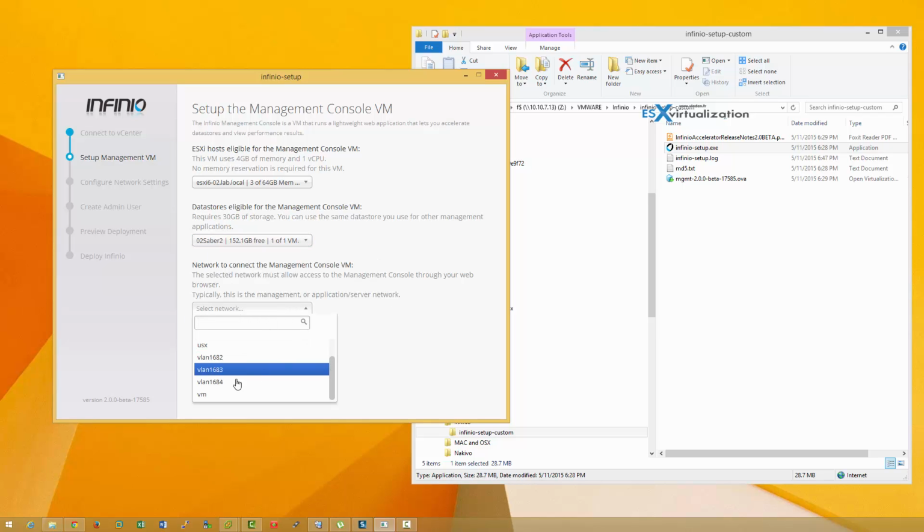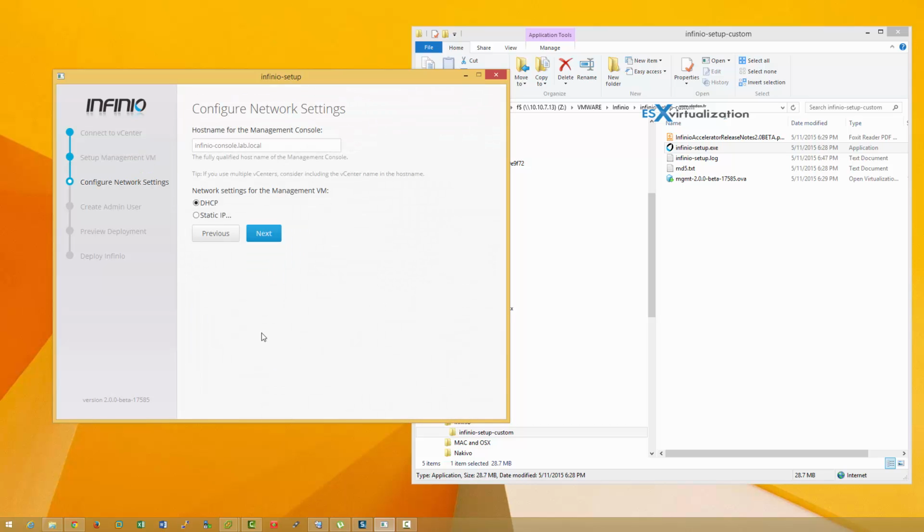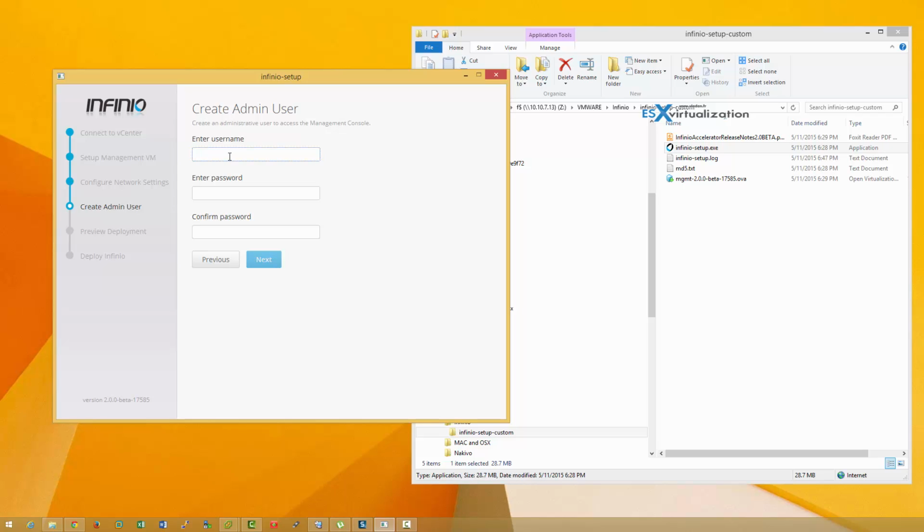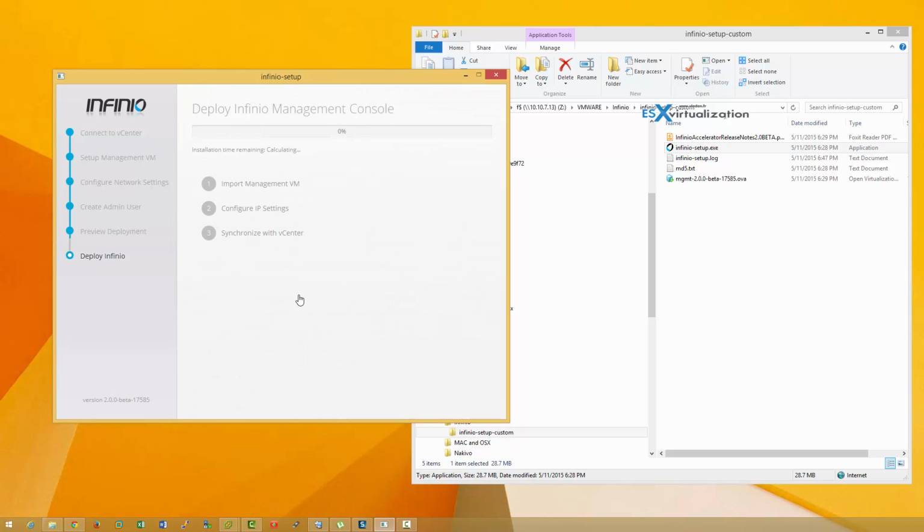and you basically follow an assistant where you choose to install the management VM, you choose the network, assign a basic DNS name to the management appliance, choose a static or dynamic IP address, continue with the assistant, you enter the connection credentials, create your password, and you can deploy